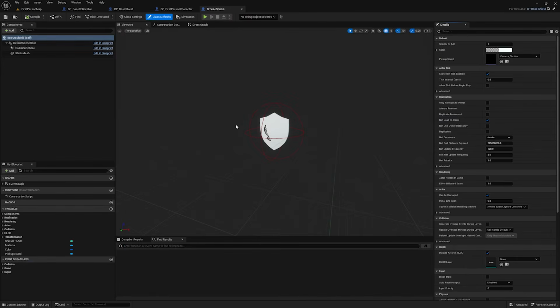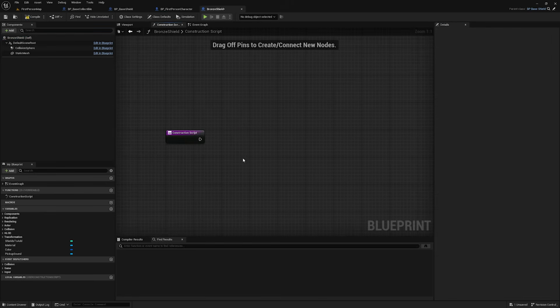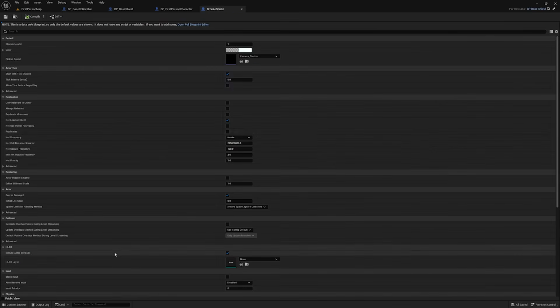So I'm not sure if this is a bug or what, but as of Unreal Engine 5.0, when I open this, I see the full blueprint, and that's not actually what is supposed to happen, or at least that's not what used to happen in older versions of Unreal. What I should be seeing right now is a data-only blueprint. Now, in order to get that to happen, I have to go in here and delete this call to the parent in the construction script, compile, save, X out of this, and now if I open this again,